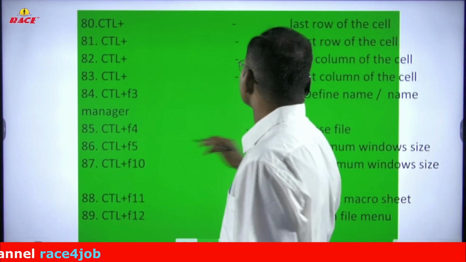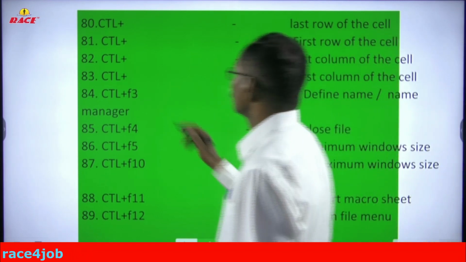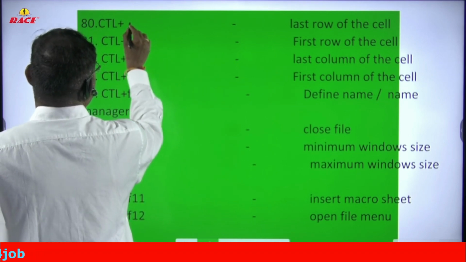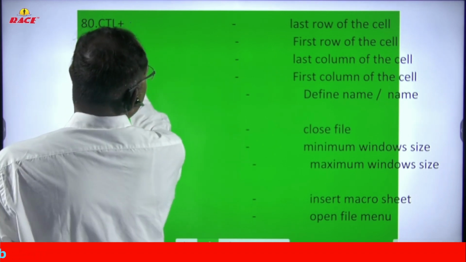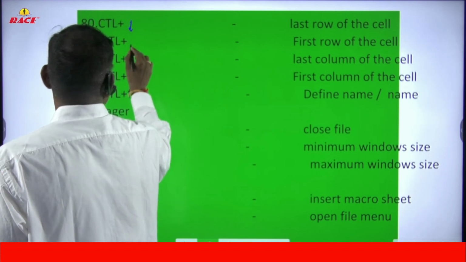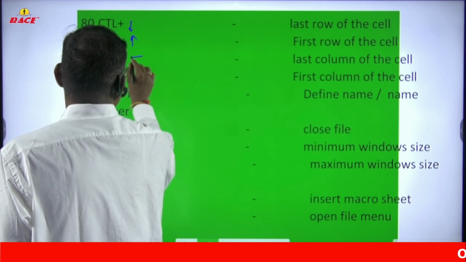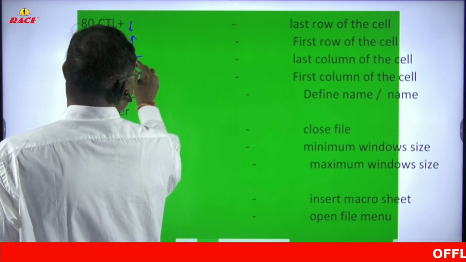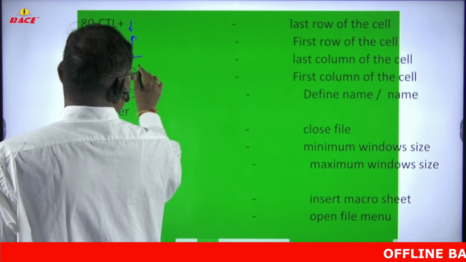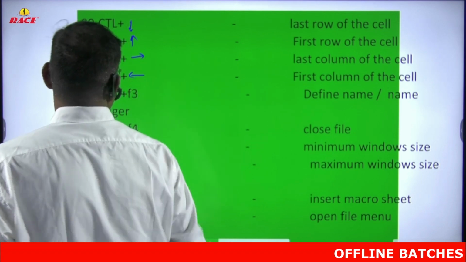Next, control. Here the control arrow keys are missing. I'll write under this arrow key. What is it called? Last row, down key. Next, first row, upside. Next, left. Last column. First column. This is the option. Arrow keys are